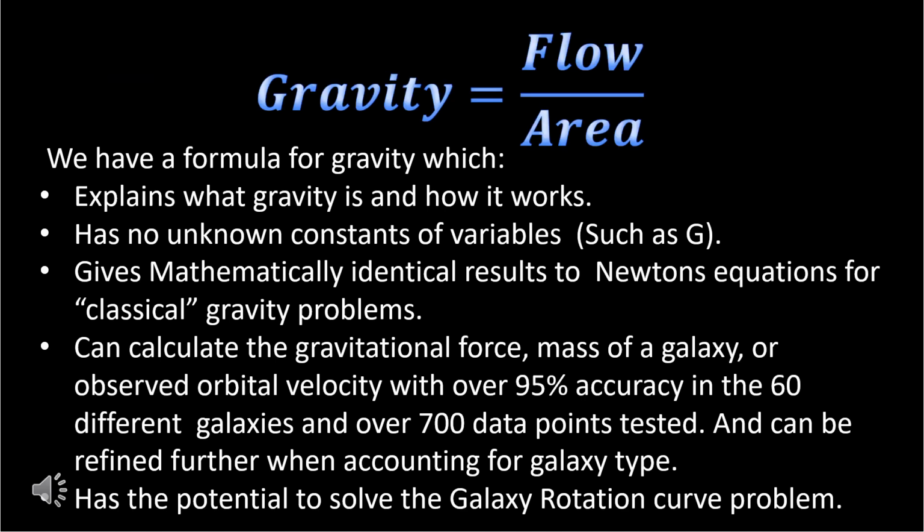Let's summarize. We now have a formula for gravity, which explains what gravity is and how it works, has no unknown constants or variables such as the gravitational constant, gives mathematically identical results to Newton's equations for classical gravity problems, can calculate the gravitational force, the mass of a galaxy, or the observed orbital velocity at any point in a galaxy with over 95% accuracy in over 60 different galaxies and over 700 data points tested, and can be refined further when accounting for the galaxy type, and also has the potential to solve the galaxy rotation curve problem. So if we